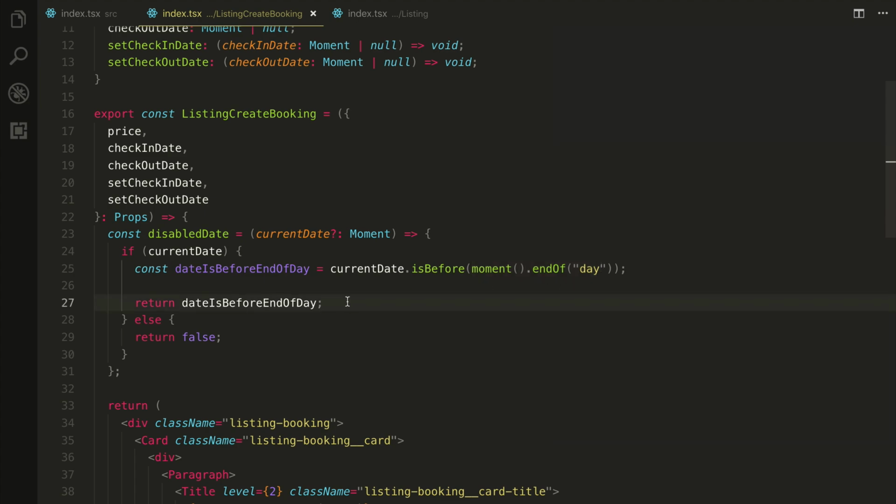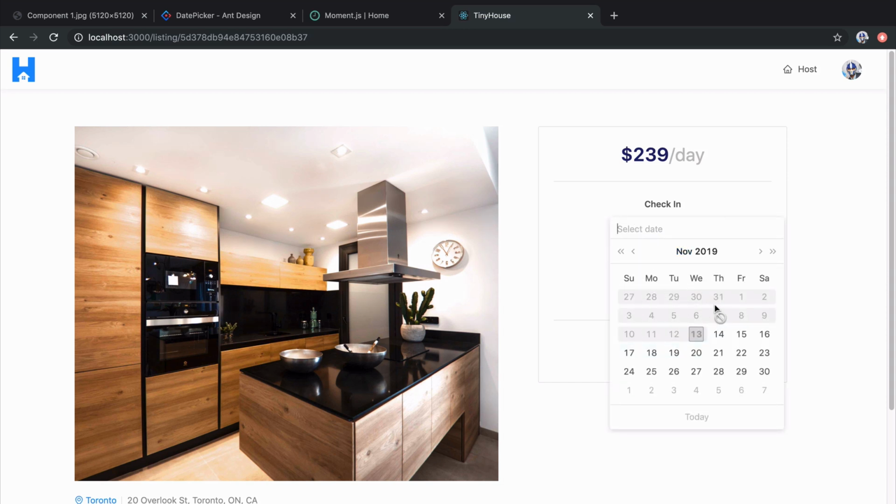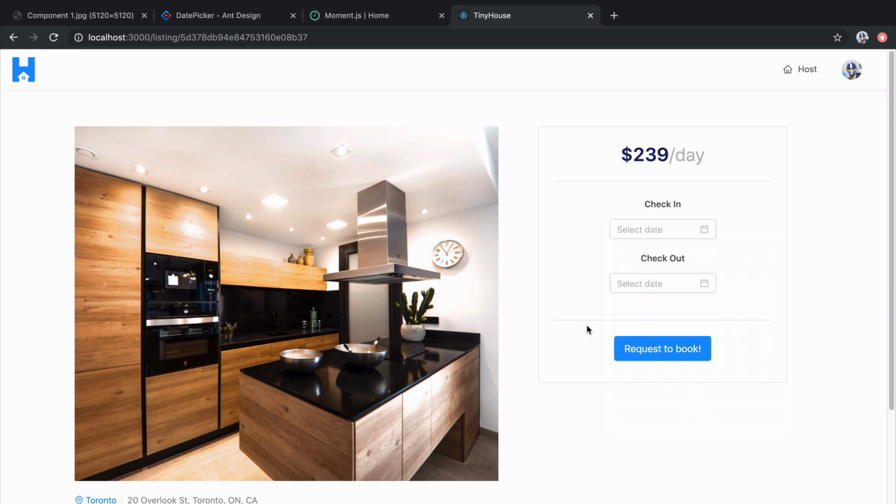Now, one thing we do want to stress is what we've done so far is simply a client-side guard to prevent users from booking days before today. Ideally, on the server, we should also be preventing any cases in which the user somehow booked something in the past. We'll talk more about this and handle this when we build out the booking mutation feature later in the